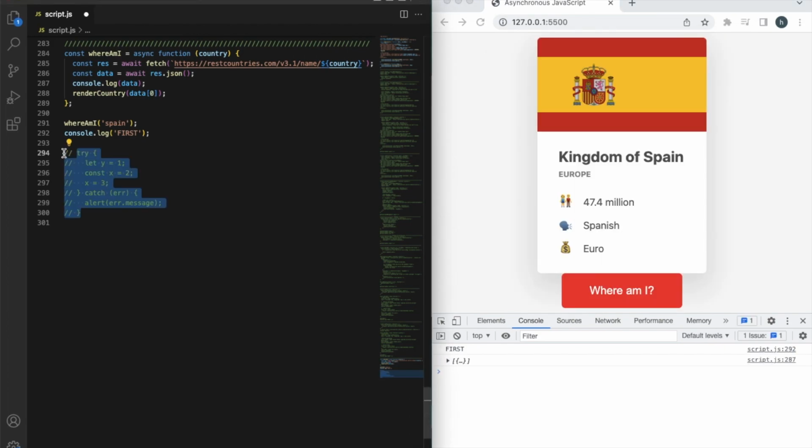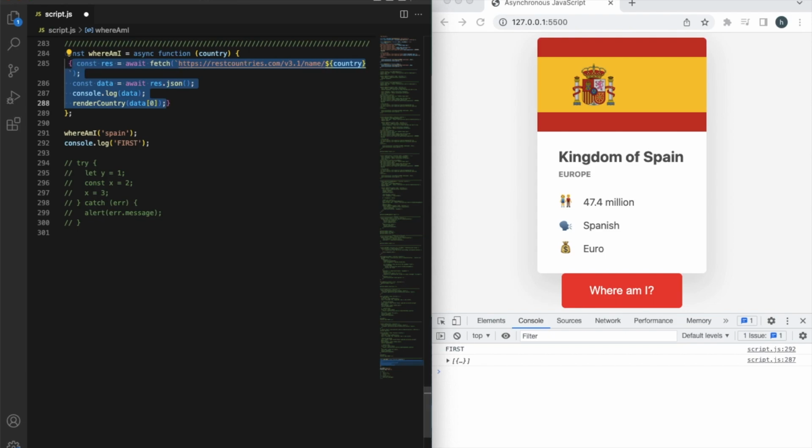But anyway, this here is just a silly syntax error. And of course, we are not going to use try-catch to find mistakes that we make in our code. And so let's now use try-catch for something more useful, which is to actually handle real errors in async functions. So just like in the small example that we saw, let's wrap the entire code of this function into a try block, curly braces,